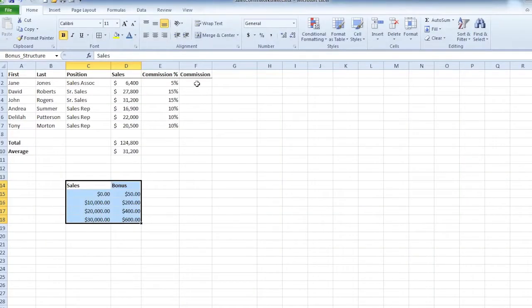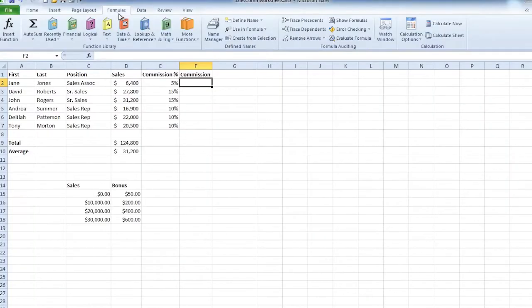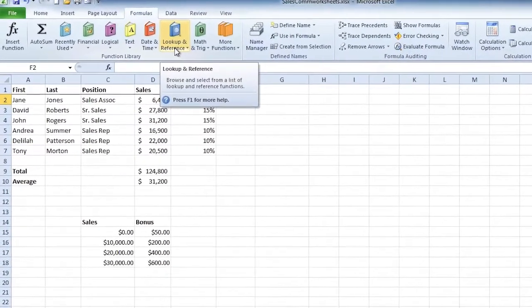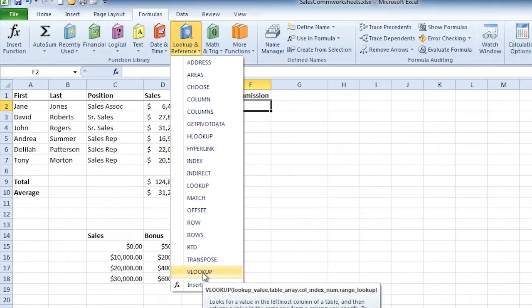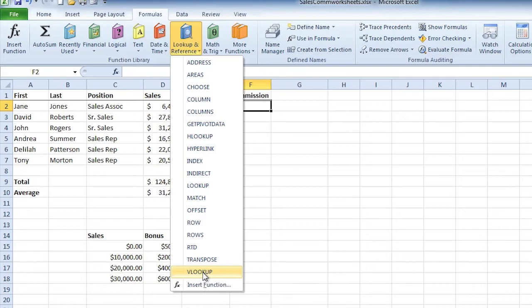Okay, good. All right. So I am assuming in cell F2 is where you want to start putting this bonus information in, right? I do. All right. So this is a function called vLookup. Okay. It is a lookup and reference function. So let's go back to our ribbon in the Formulas tab, and you'll notice lookup and reference. If you click on that drop down, there's all sorts of lookup and reference types of functions in here, but we're going to look at the one called vLookup. Okay. So if you click on that,